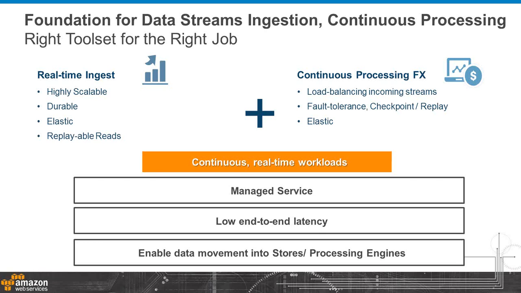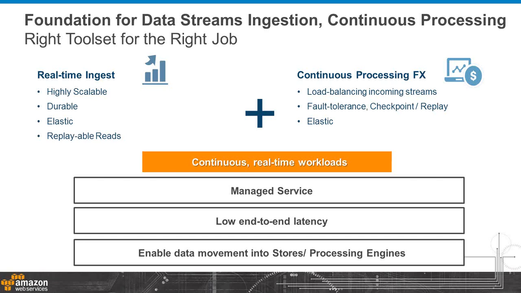approach, then, one would need two components. The first component enables real-time ingestion of data. This component needs to be highly scalable. It is the first line of defense when it comes to durability of important business critical data that is being emitted into it. This ingestion capability would be elastic, so at any point in time, the customer should be able to scale up or scale down without stopping or pausing operations of any kind. And this ingestion storage mechanism should be able to support replay of older data.